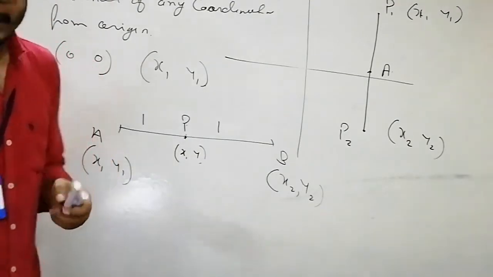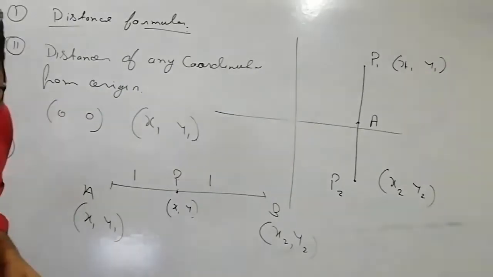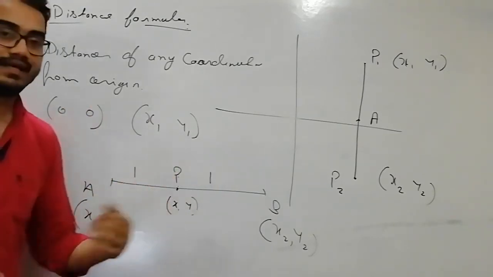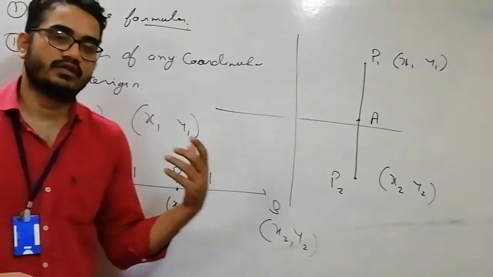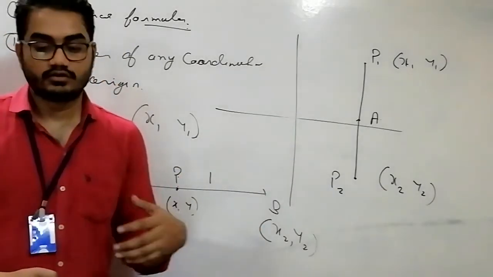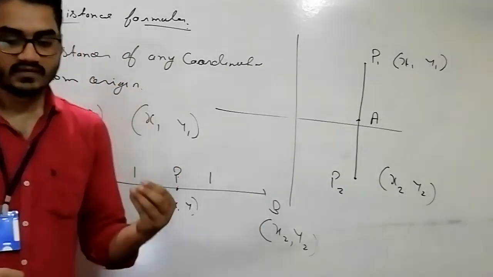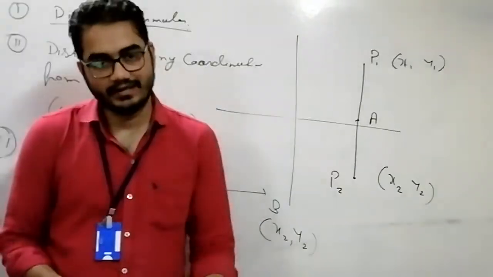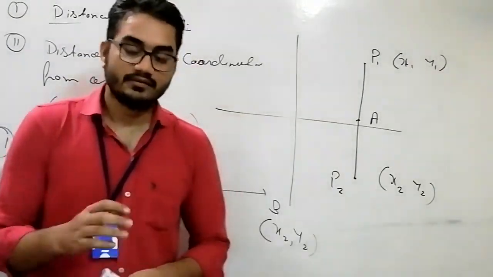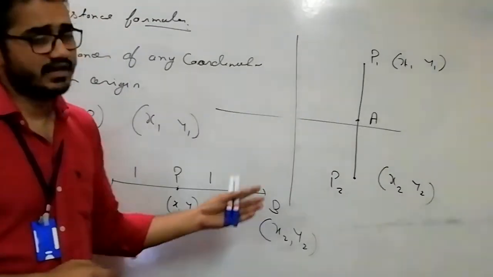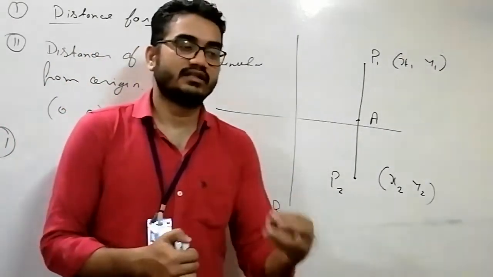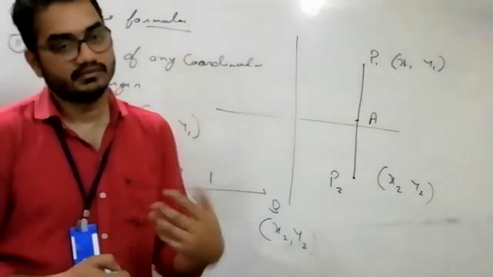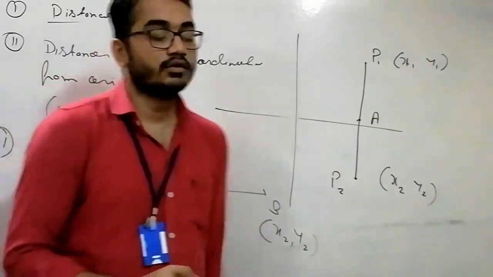That is what we are going to learn in this chapter. And the next one, using this, we are going to find out the area of the triangle. We are going to find out the area of quadrilaterals. We are going to have different types of sums like parallelogram, whether diagonals bisect each other or not, and if they do, then how to find the area of that. Area of triangle, whether the 3 points are collinear or not. If yes, then how to find that? If no, then why not? All these things we are going to find out.